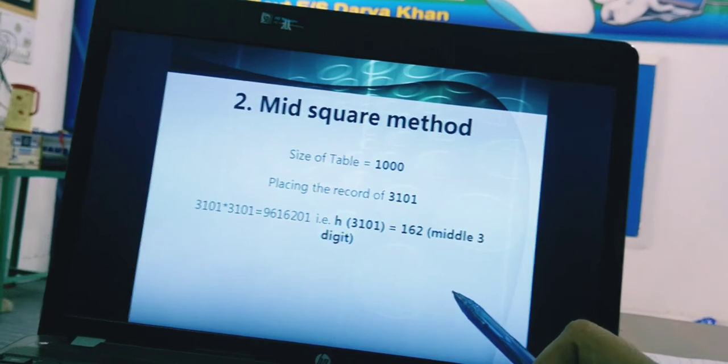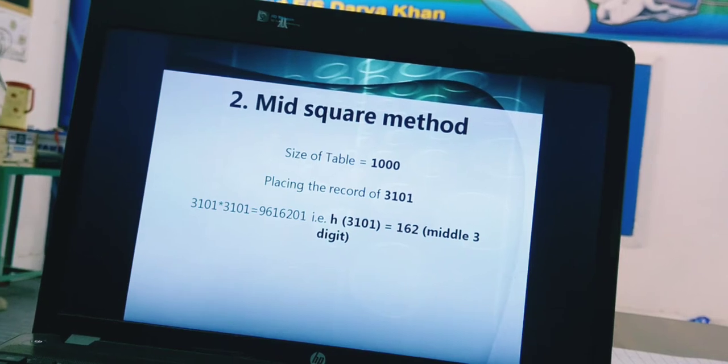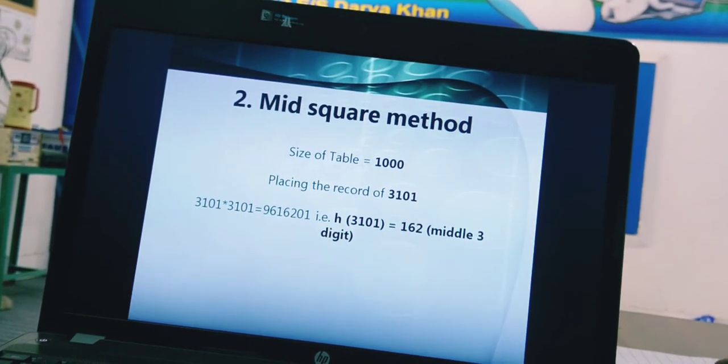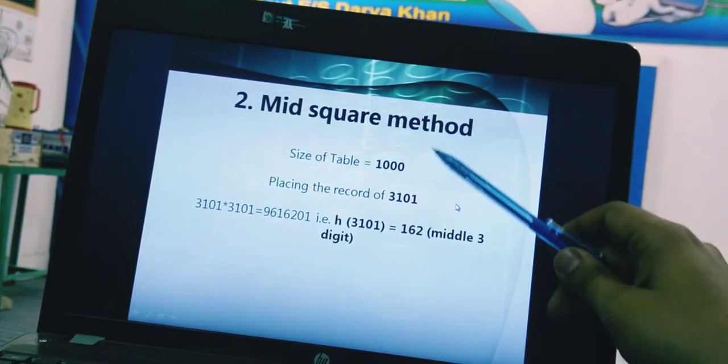The second function is the mid-square method. In this method, first the key is squared, and then the middle part of the result is taken as the index. For example, consider the size of the table is 1000.